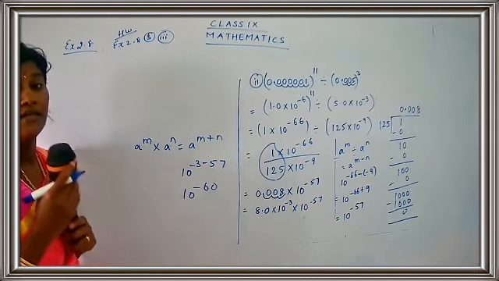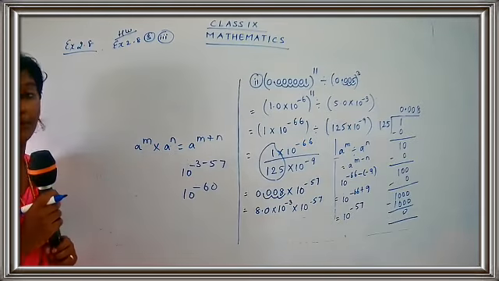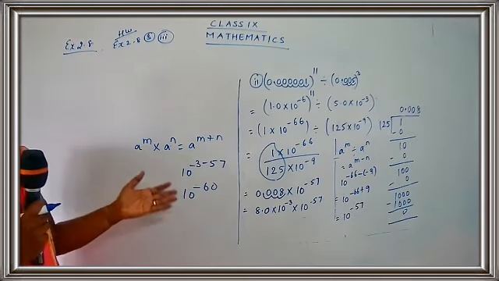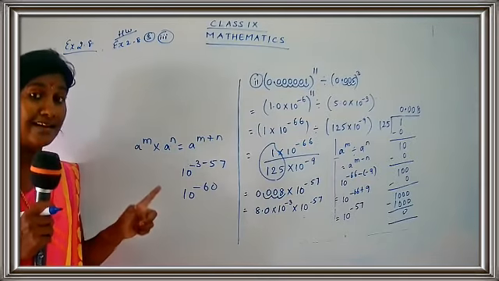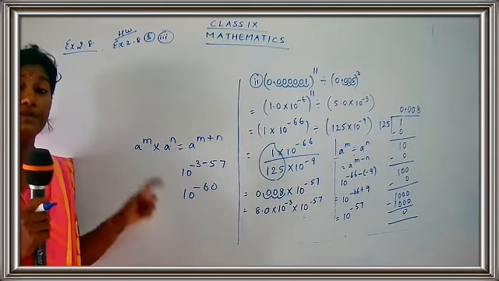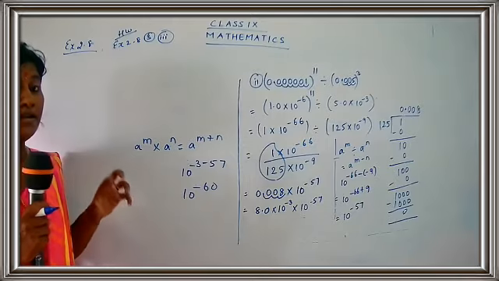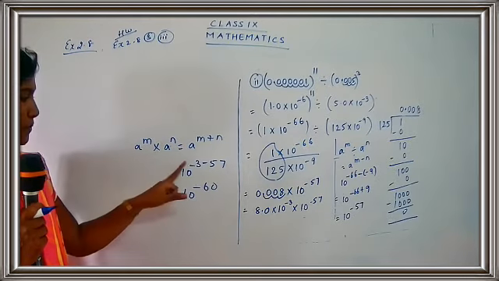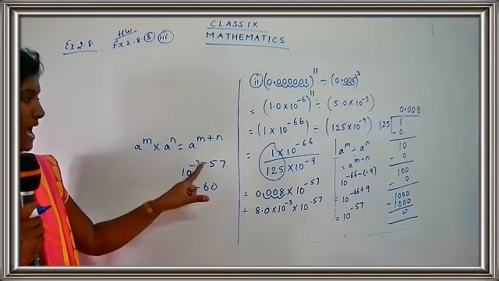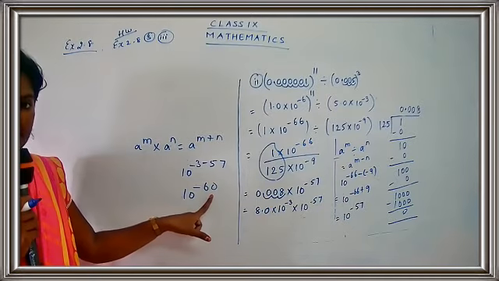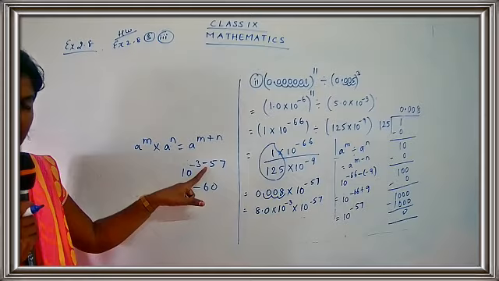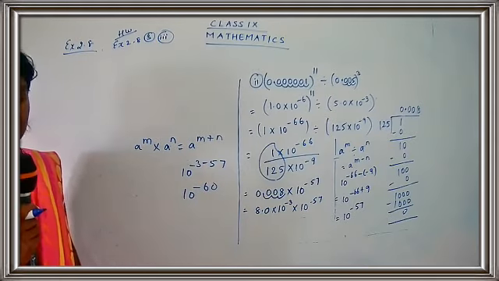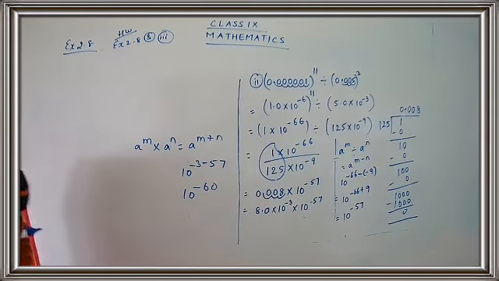Remember children, whenever you do the calculation for integers, you have to be very careful. And this is not a new thing. You have been learning from your 6th standard. Yes, you started learning integers from your 6th standard. So you should be thorough with all the concepts. So minus minus is plus. You have to add these two values. You get 60. Sign of the bigger number. What is the sign of the bigger number? It's minus. I get here minus 60. So 10 raised to minus 60 is the answer.